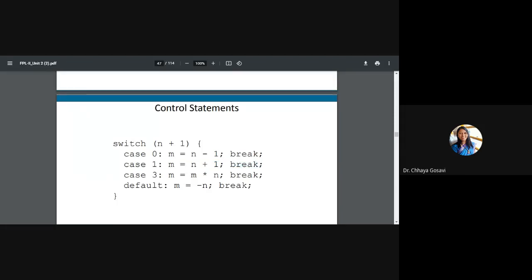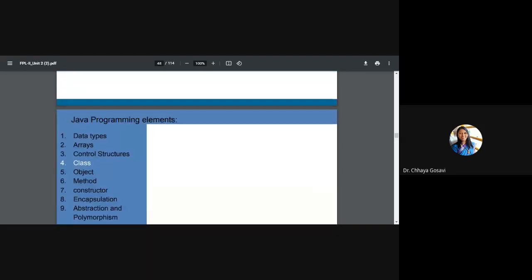What happens if you don't use the break statement? Have you studied switch case conditions? Yes, if break is not there, it will go to the next case also, even if that condition is not true. And default is if this does not match any of the cases, it will perform this and do break.